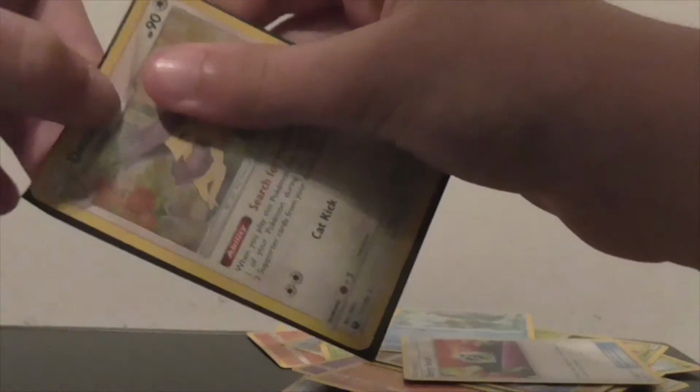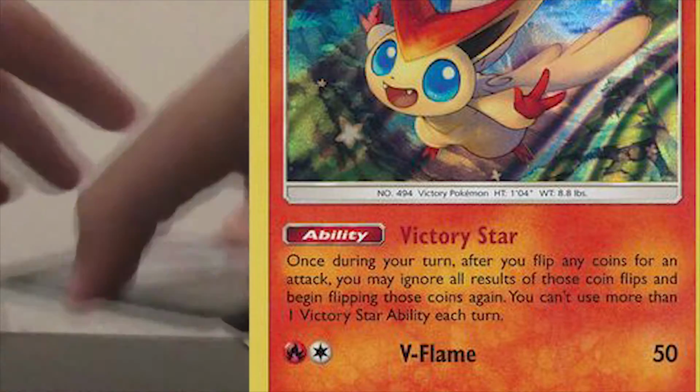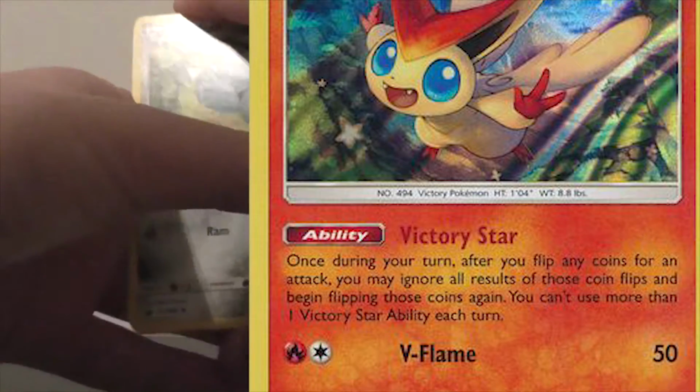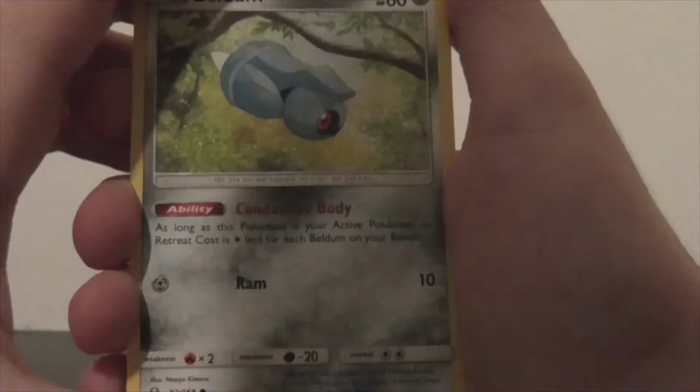Trust me. You want to rely on coin flipping as least as possible. God, I cannot English today. Because coin flipping, unless you have multiple copies of the new Victini, which allows you to reflip coins, I'll put a picture of it on screen. Coin flipping is really bad, because unless you have extreme luck or the new Victini. So anyway,